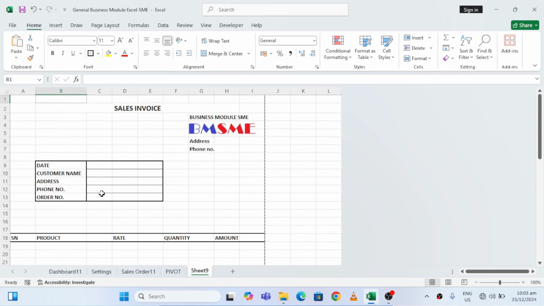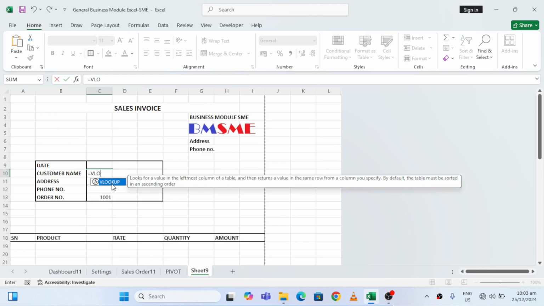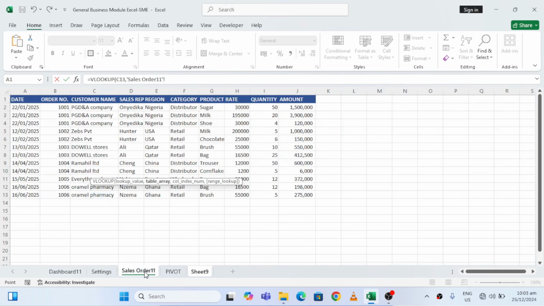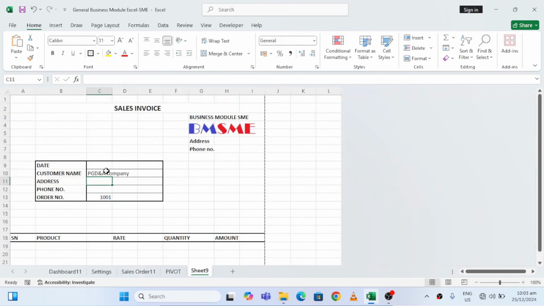Now we want a situation whereby once we enter the order number, the name comes up, the address comes up, and the phone number comes up. Okay, so we say equal to VLOOKUP. Now this is the reference, the table. We go to our cell sorter. Exact. Okay,